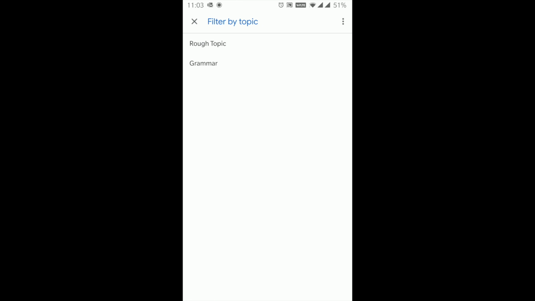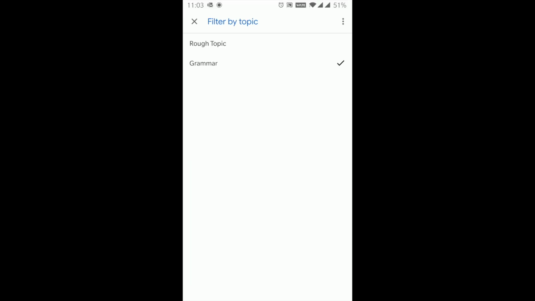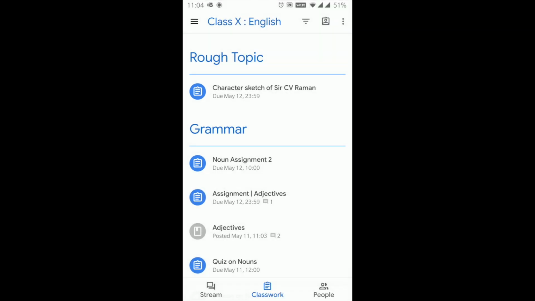So suppose there are several chapters and topics, it will be difficult for you to go through each of them. So you can use this filter and then choose one of it so it goes directly into it. You can then again filter it and go back and forth. So this is one essential help that you have. So within this particular topic, you get all the materials lined up for you. The second one again on top right,